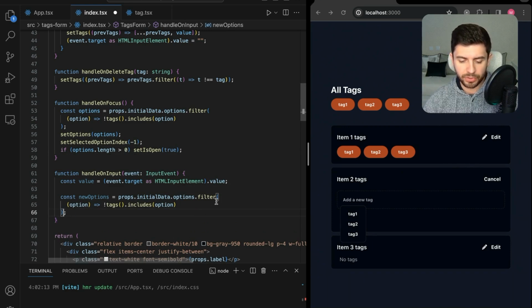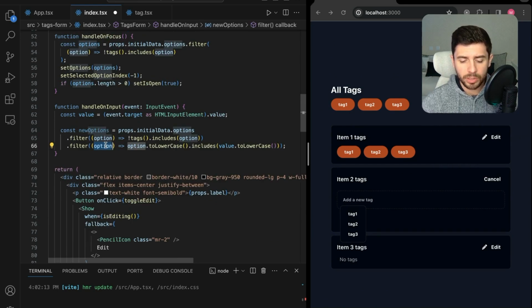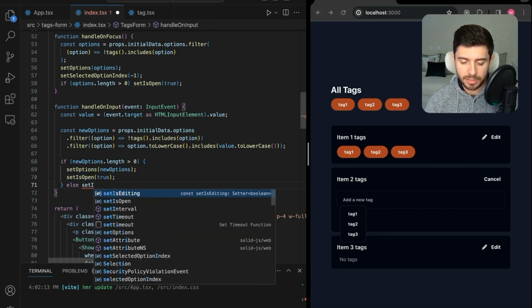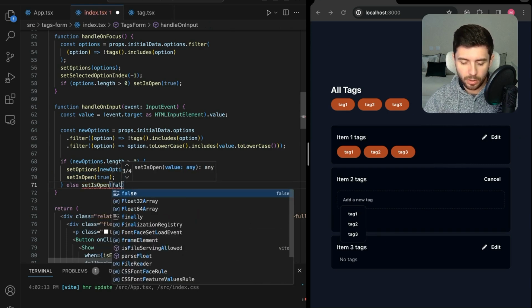And then finally, just filter another time, this time only to check if all of the remaining options, by doing a lowercase, because this is not going to be case sensitive, include the value, again lowercase, then we can say for sure that this is a new option available. Now what we want to do is, if there are new options, then we simply set the options with the new options and set the open to true. Otherwise, if there are no options, then we don't need the dropdown, so we can set the open to false,